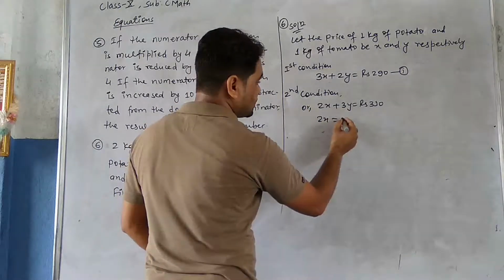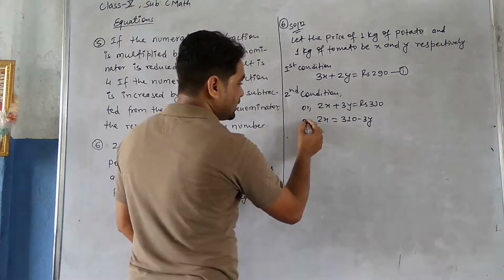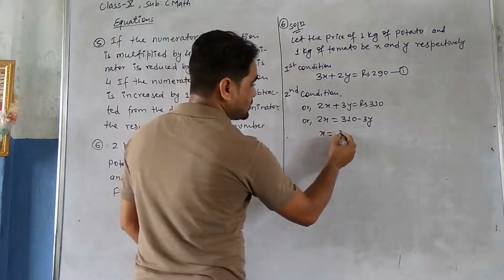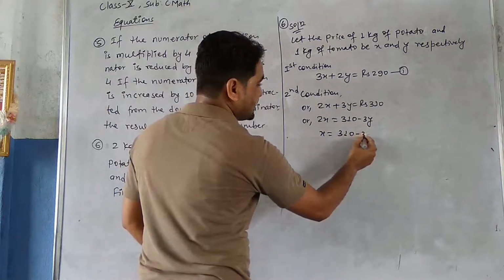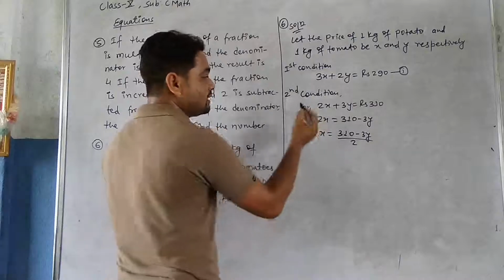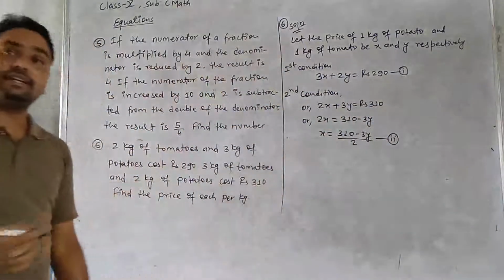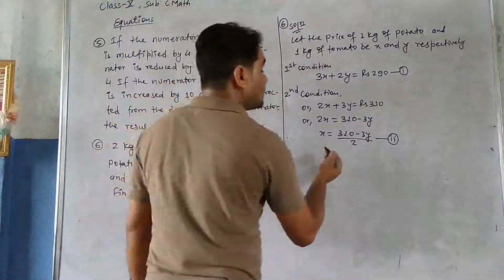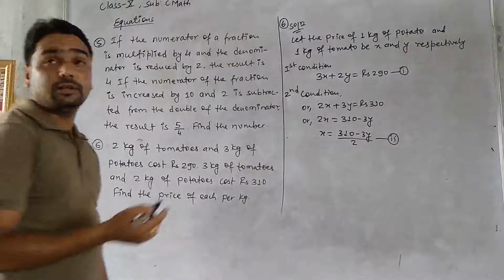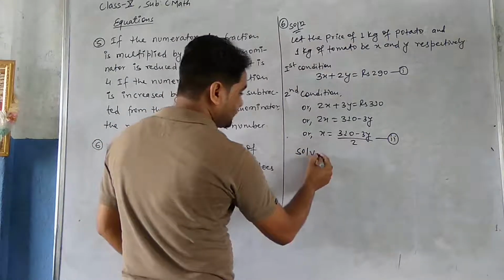So 2x equals 310 minus 3y. Yes, x equals (310 minus 3y) upon 2. Here 2 is multiplied, and suppose this as the second equation. Yes, and that makes our solving method easy, no? To solve them easily we can do that. Yes, now solving